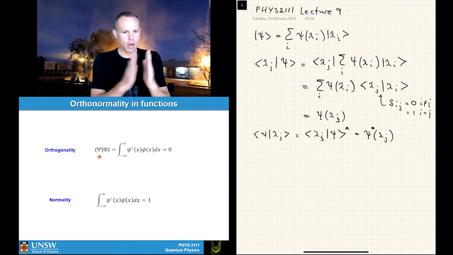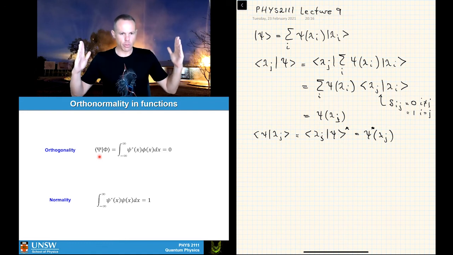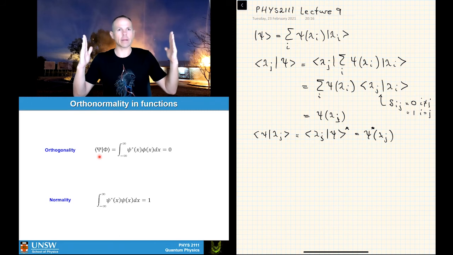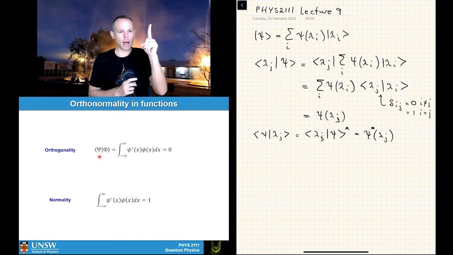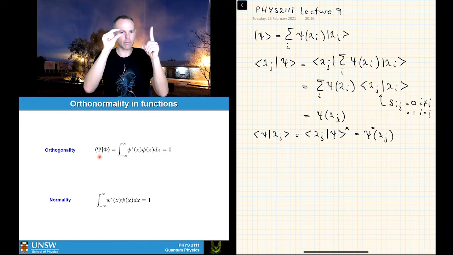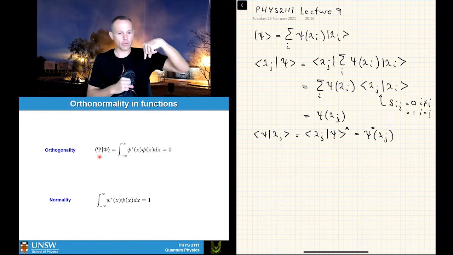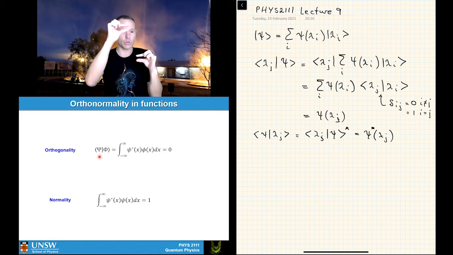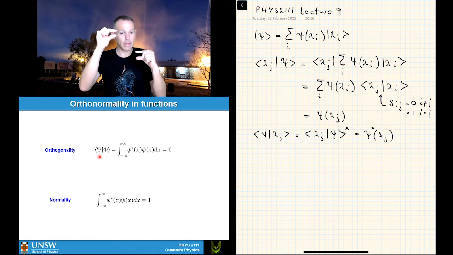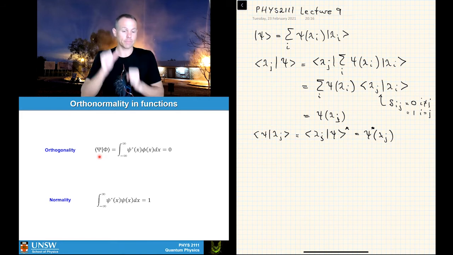You have the same idea when you deal with functions, but you've got to think about it slightly differently. The way I always like to think about it is, if you think about up, there's an alpha up attached to that up. And if you think about down, there's an alpha down attached to that down. And those are two different complex numbers, right? The alpha up is distinctly connected to the up. The alpha down is distinctly connected to the down.